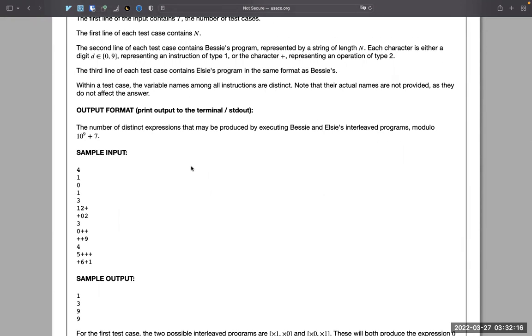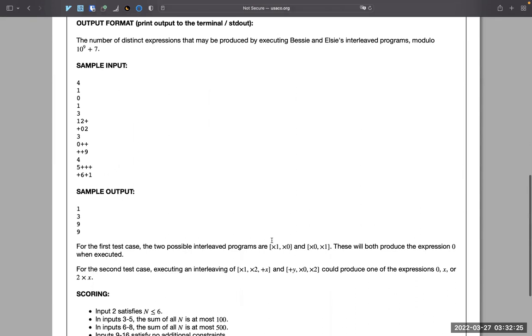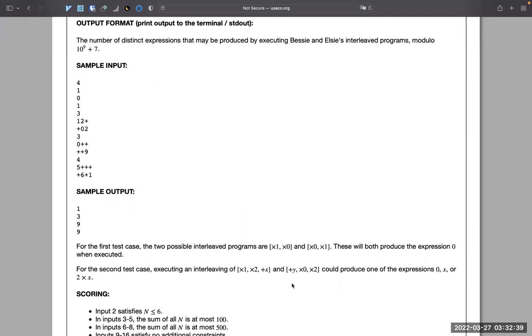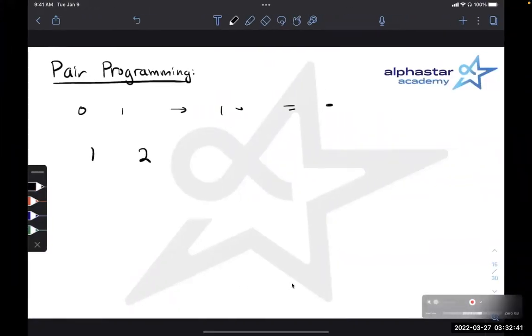I guess let's look at one of the samples. I guess we have like 0 and 1. And I guess for 0, 1 it doesn't matter what order you put them in. So zeros actually eliminate a lot. So with 0, 1, you only have the one case. Like those are both equal to 0. Let's look at 1, 2 plus